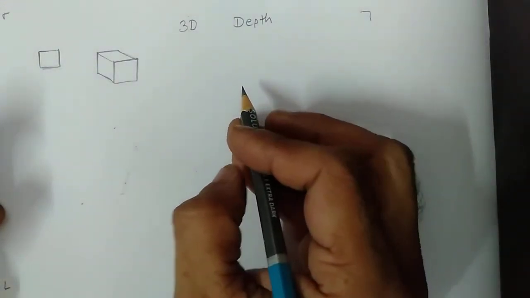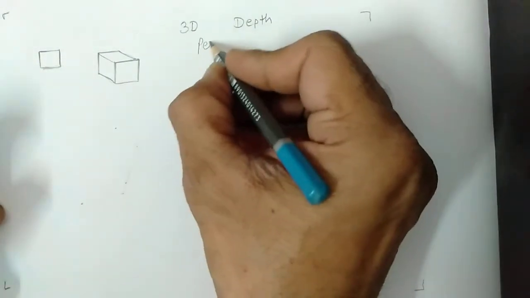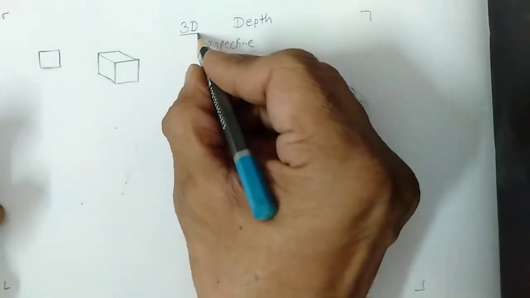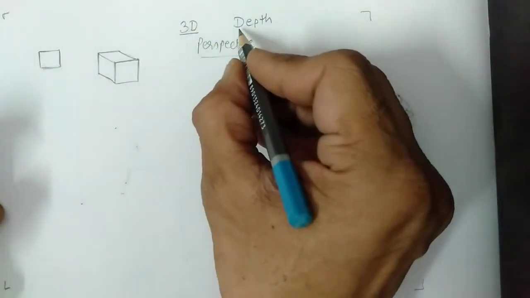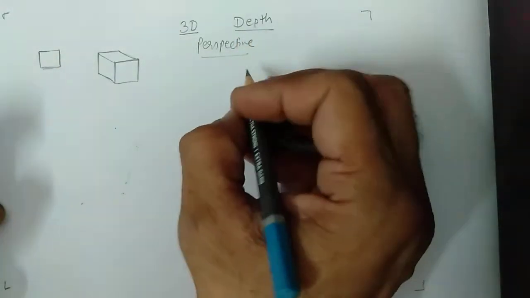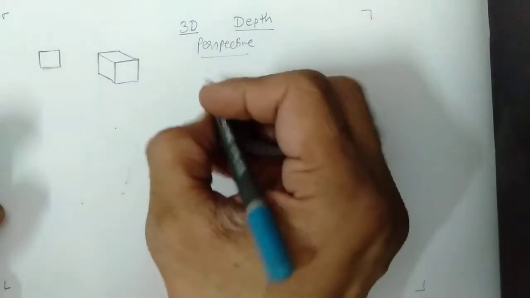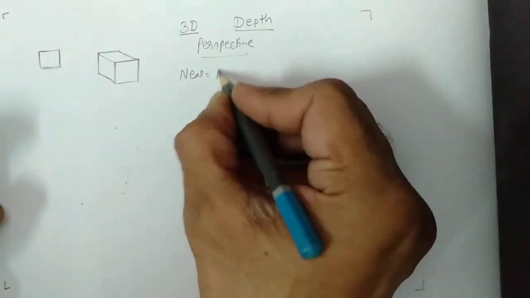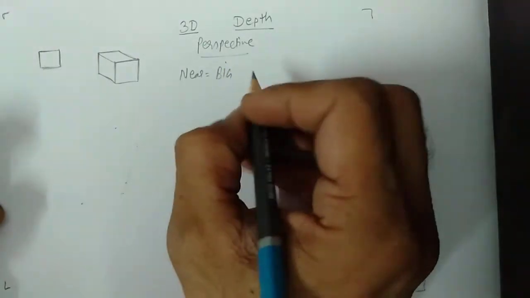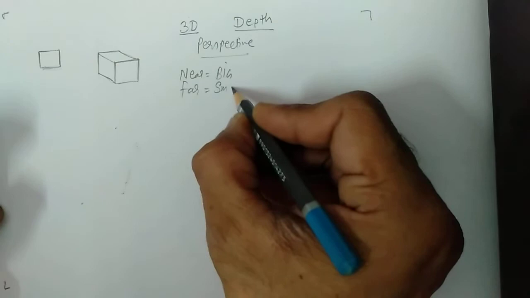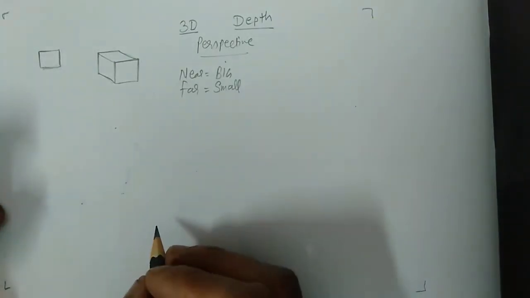The basic funda of perspective, what we are discussing, is to create a 3D effect, to create depth. The basic fundamental of this exercise is to understand that the things which are near appear big, and the things which are far appear small. Like for example,